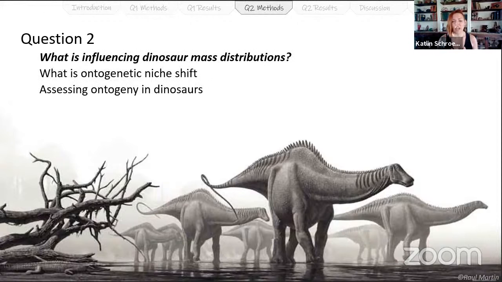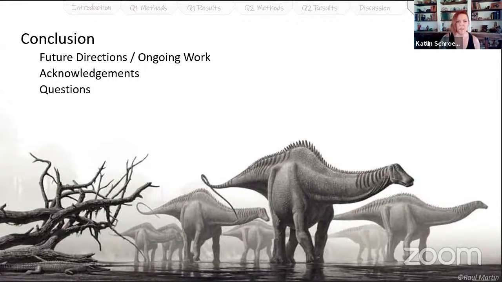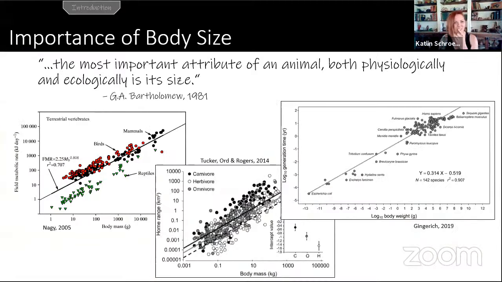We'll then look at the potential drivers behind dinosaur diversity and specifically focus on ontogeny, which is how animals grow, how they change through growth. We'll do a quick sum up of what we found, and then talk about some leftover burning questions that remain to be answered, and take a look at some of the work that's being done on those questions by me and by others. Hopefully after that, we'll have some time for some questions. And so now that we know where we're going, let's get the show on the road.